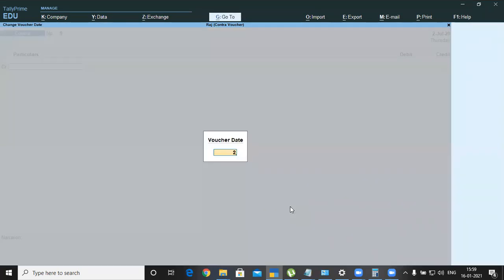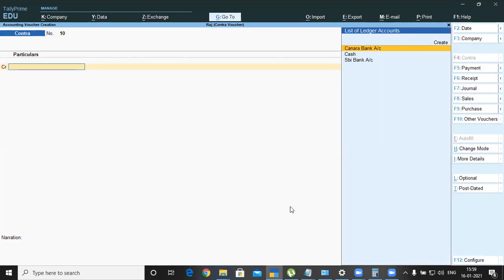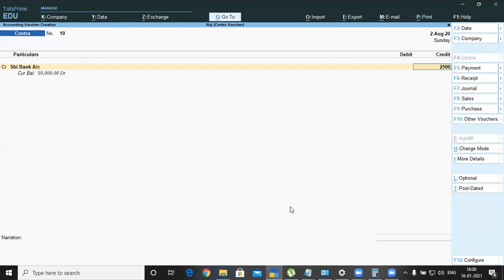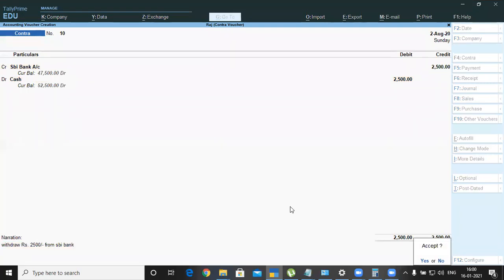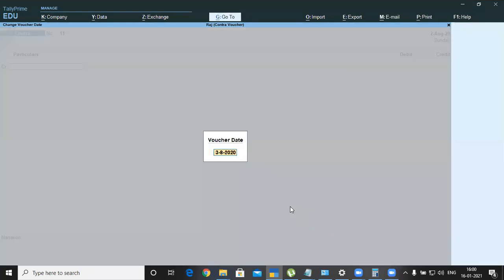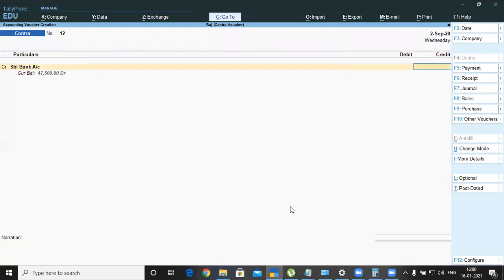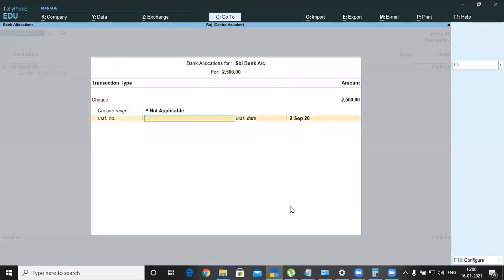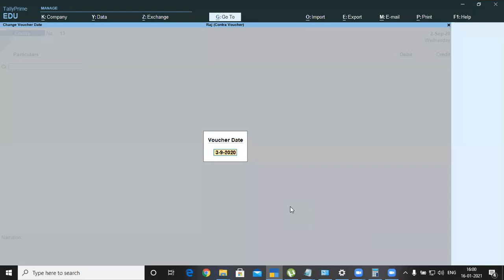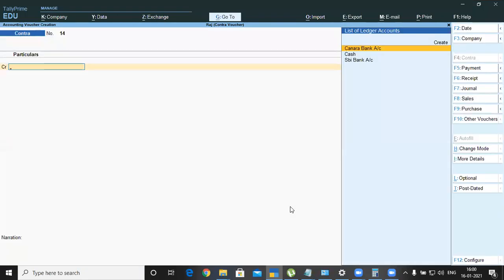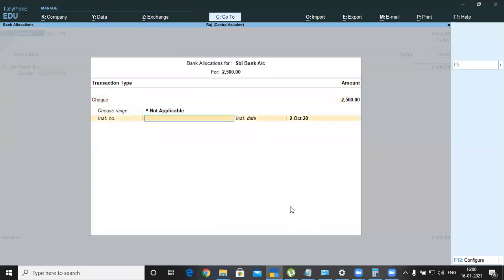Next August, SBI 2500, Ctrl R. Next September, SBI 2500, Ctrl R. October, 2500.